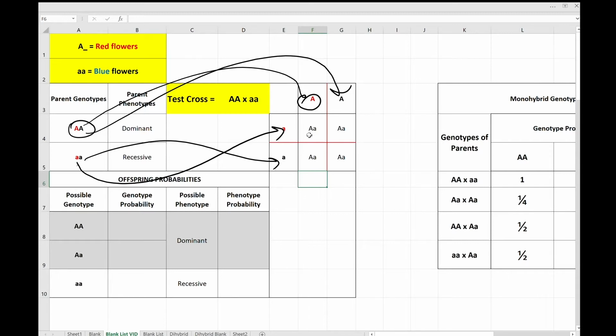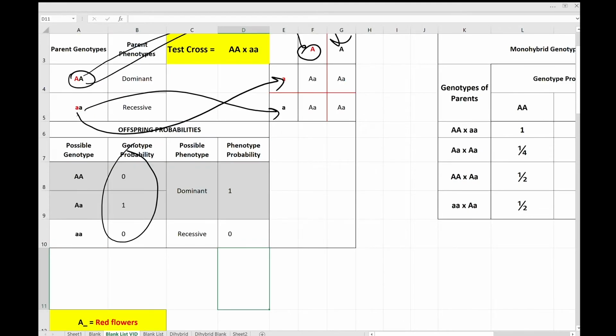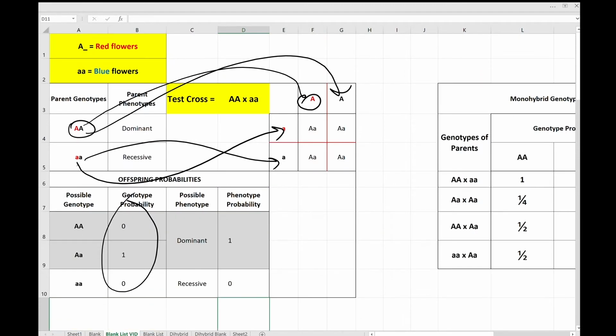So another cross we're going to do. And so we come down here and we see that the probability for having a homozygous dominant is 0. Probability for having heterozygous, 100%. And homozygous recessive, 0. If you didn't see that, I typed it here. And then I'm going to show you the probability of being dominant, 100%. Recessive, 0%. So when you cross two homozygous parents, one being homozygous dominant, one homozygous recessive, you get all heterozygous